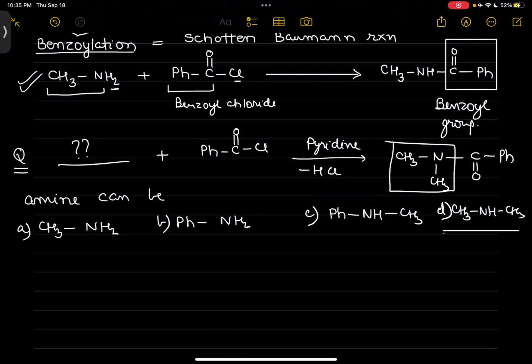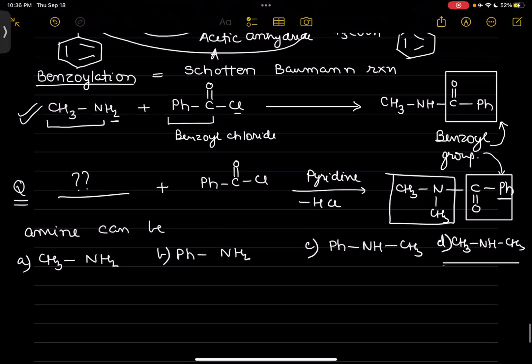And which group is this? This is phenyl, the benzene ring. Benzene and CO, that is benzoyl. Is it clear? Can you see the benzoyl group? So this is benzoylation. I hope it is clear to everyone. This is the benzoylation reaction